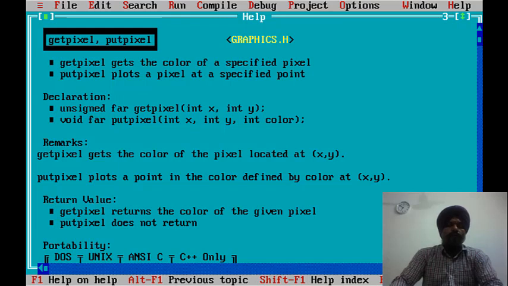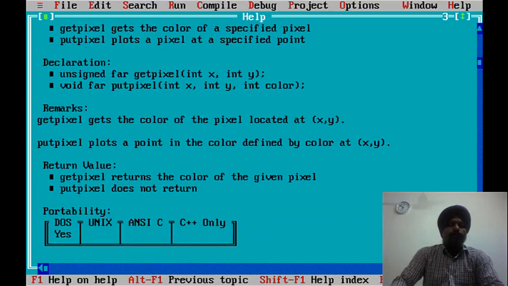But putpixel gets the x and y coordinate values, and it will plot one dot on the screen, as we have seen in graph theory. Similarly, when we have to draw images, we have to plot as many pixels as required by that image on the screen.